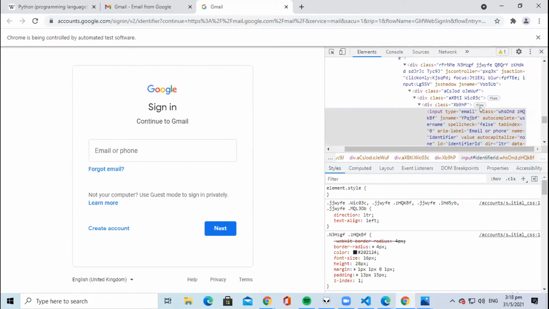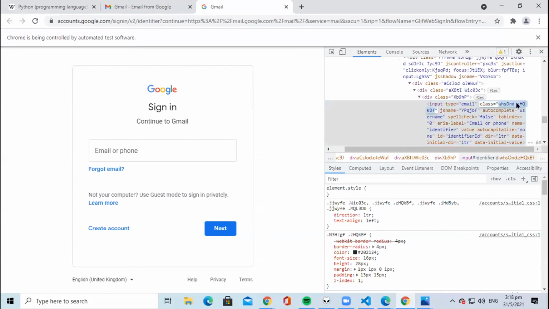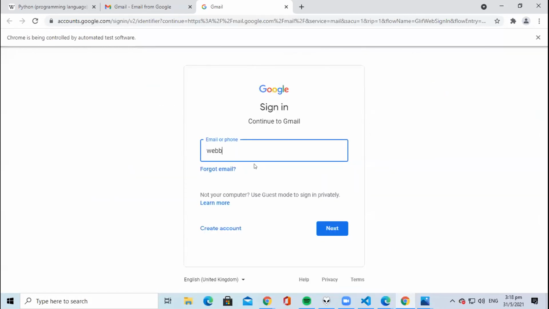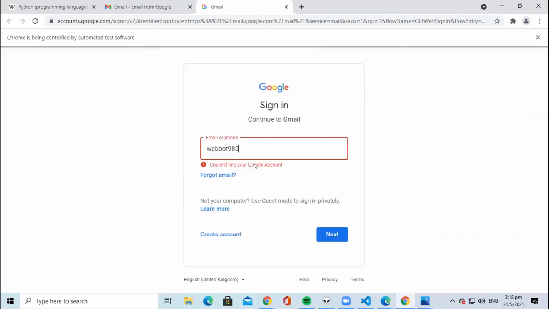Also, I need to mention that you might notice I'm not using class name. That's because this class has a space, and Python has an issue with classes that have a space in between. So if the element you're interacting with has a class name where there's a space in between, you cannot use class as a way to define the element. Okay, so I'll be logging in manually now just to run through the process